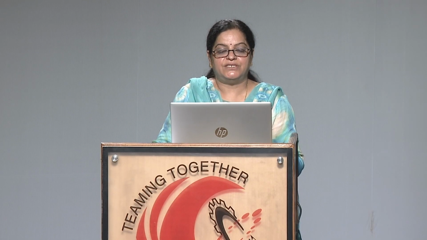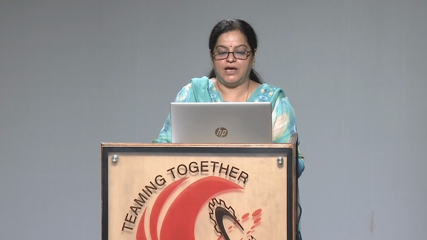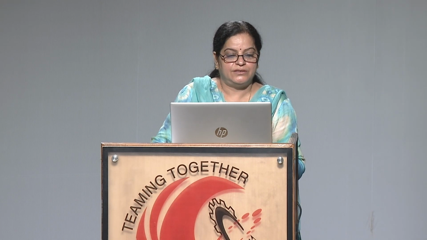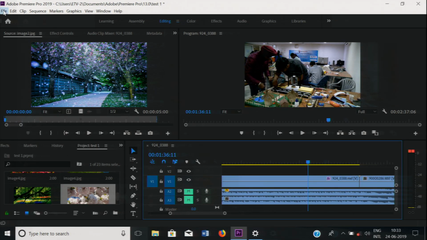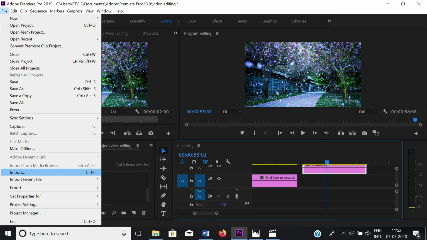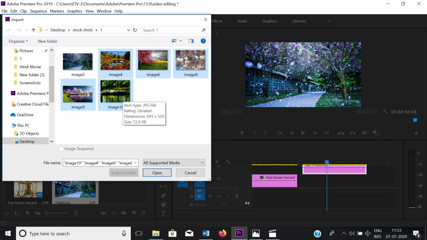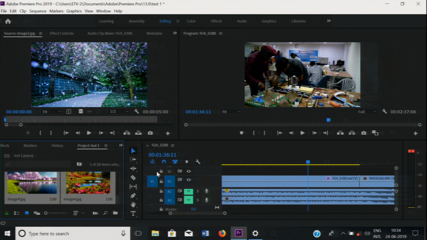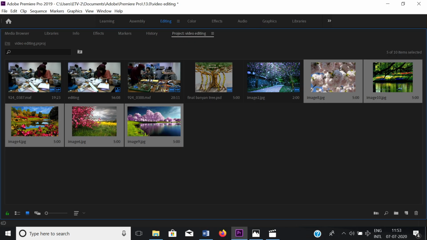As I have adjusted the duration of the image, now if I import the image by going to File, Import, select the image. Now, open these images. These are available in the project panel.